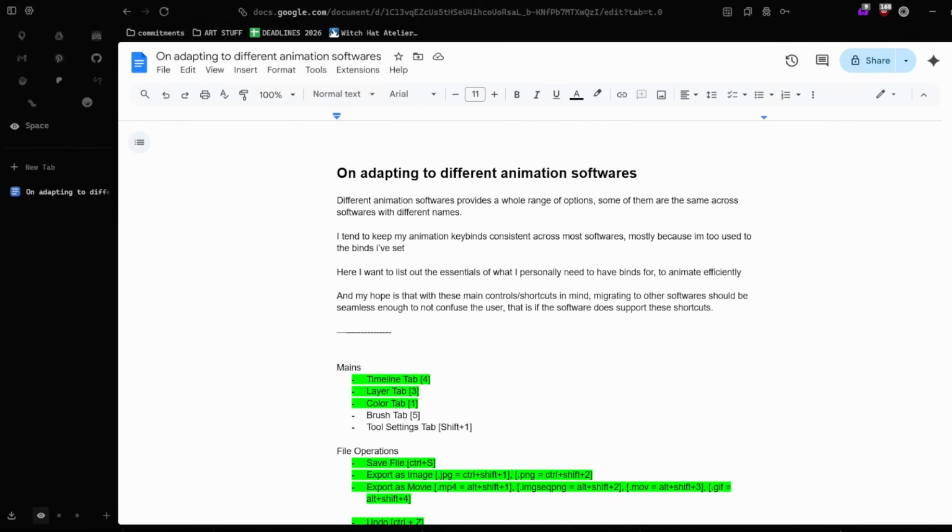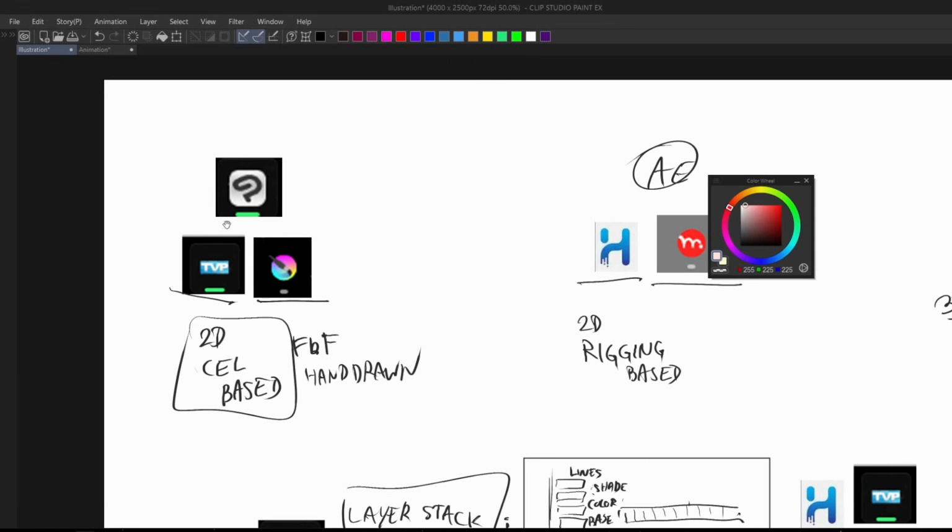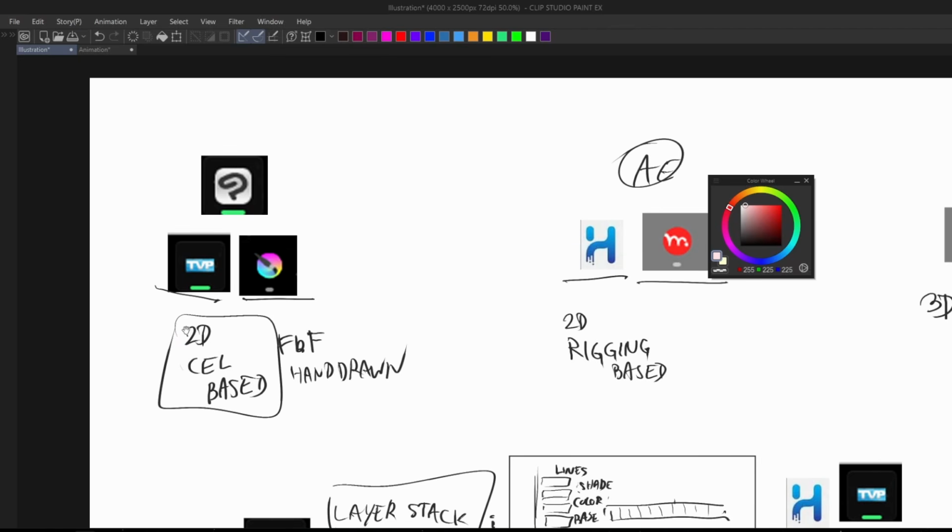Hello again. So, switching between animation softwares or trying to learn a new animation software has never been easy, mostly because different animation softwares tend to prioritize different features. For example, the more cell-based software such as Clip Studio or TV Paint or Krita tend to prioritize frame-by-frame animation or hand-drawn animation, something that's more closely to the traditional way of animation where you kind of just flip pages